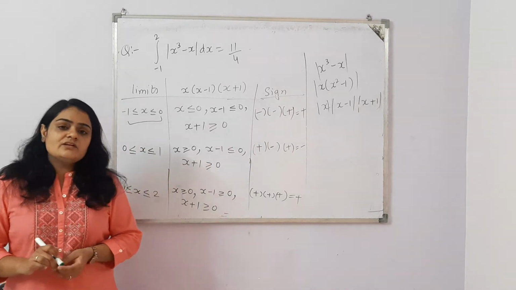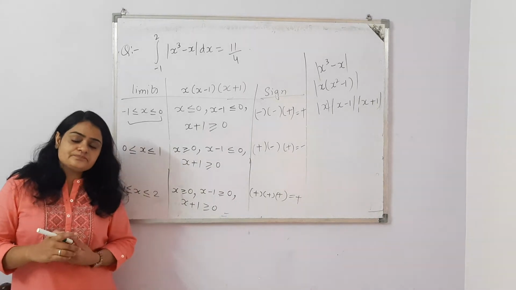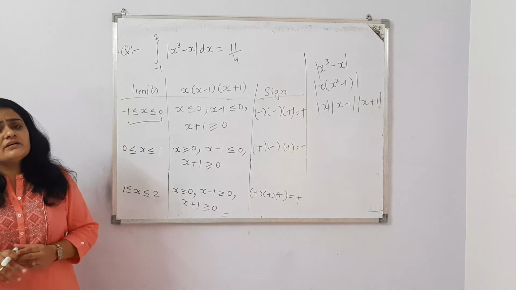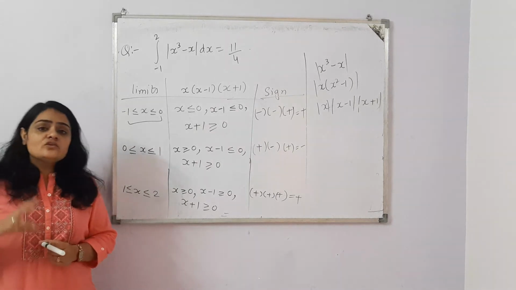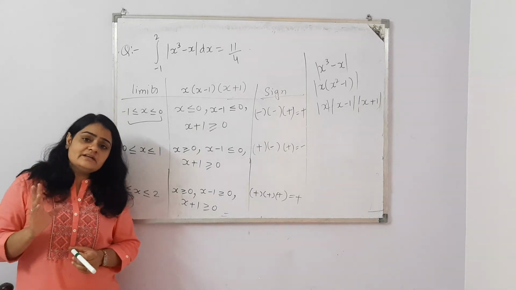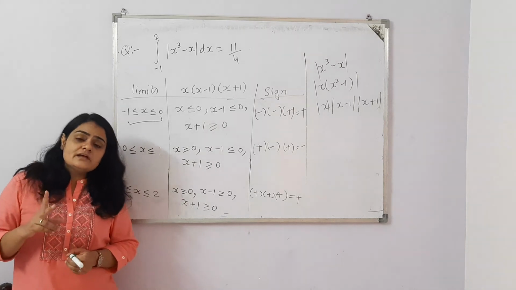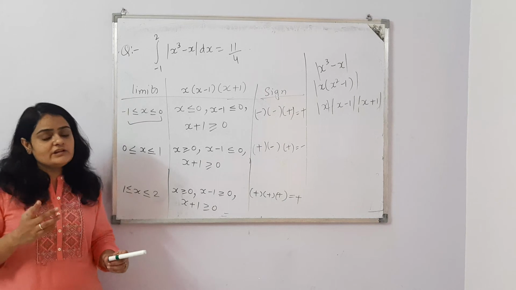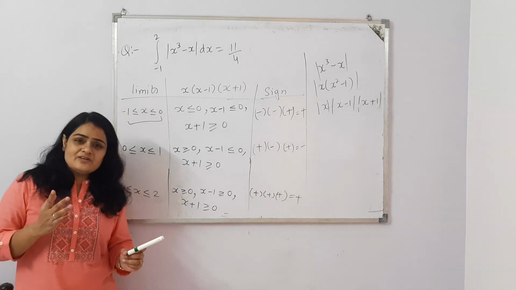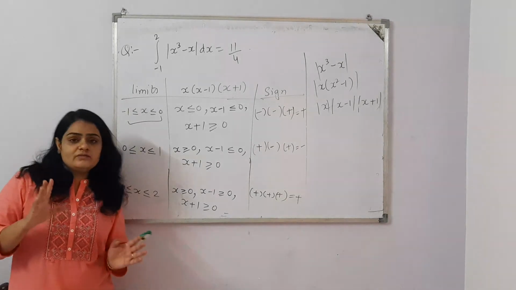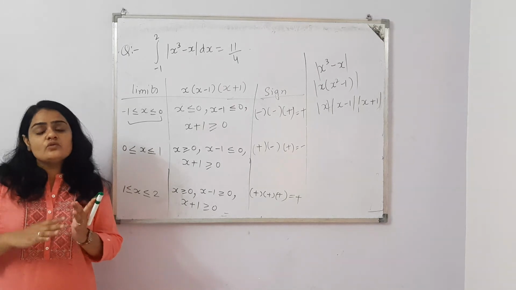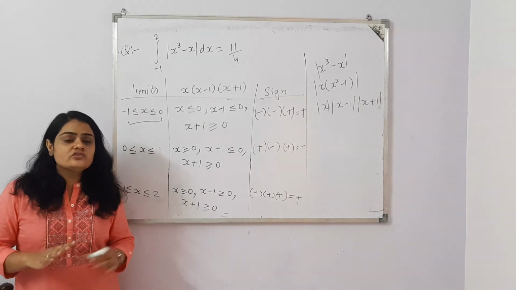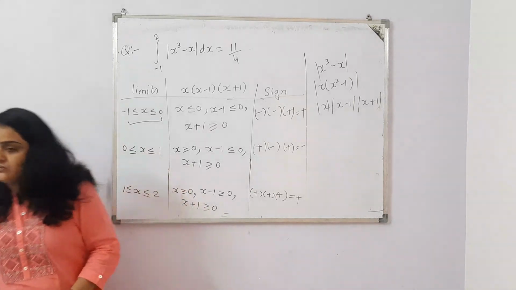In the previous questions, or even the third question that I explained a little bit, whenever the limits are 0 to pi for sin x, I split the limits into 2 parts. Now here we are going to split the limits into 3 parts. It is not fixed that we split into 2 parts. We can split the limits into 2, 3, 4, and so on up to so many parts according to the question. Here we are going to split into 3 parts.